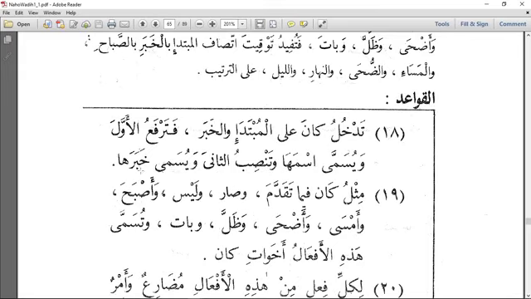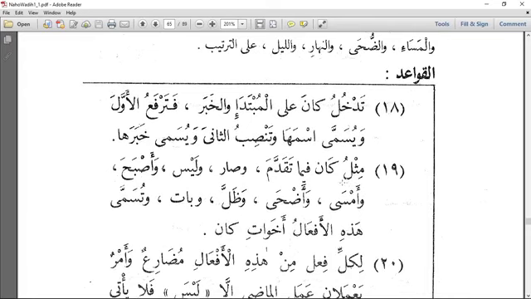Fatansibu thaniya wa yusamma khabaruha. Then it will now give the second one nasbu, that is fatha. Then it will be called what? Khabaru kana. So when we use kana against mubtada and khabar, it gives one dhamma and raf'un, and it gives the other nasbu. The one that takes raf'un is called ismu kana, and the one that takes nasbu is khabaru kana.